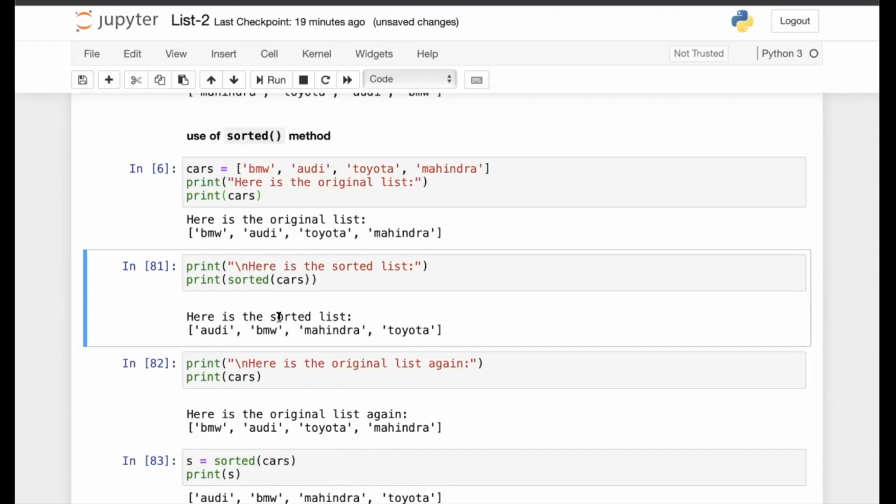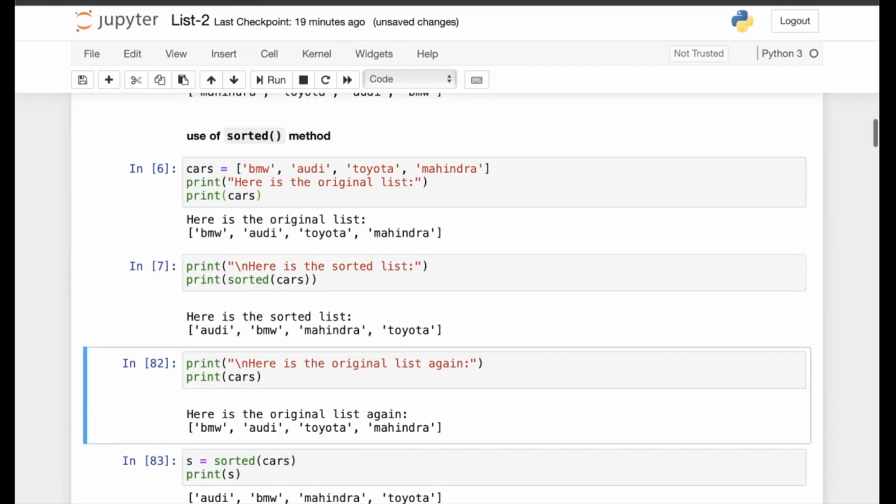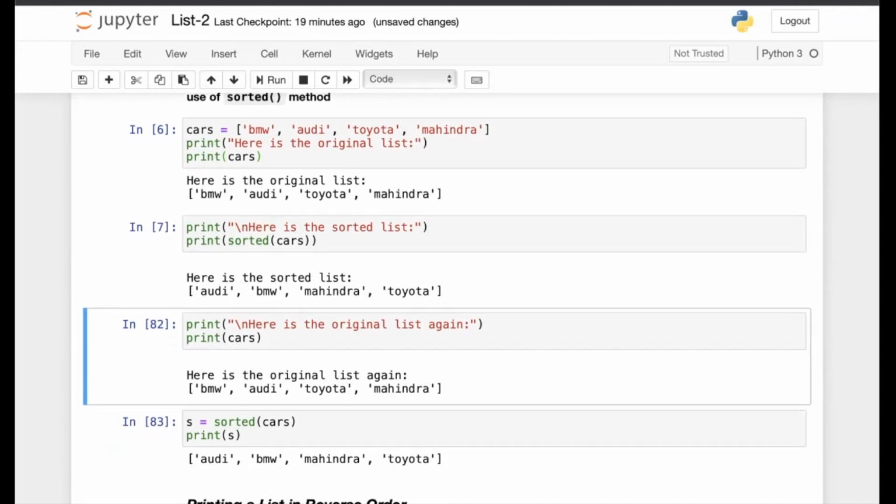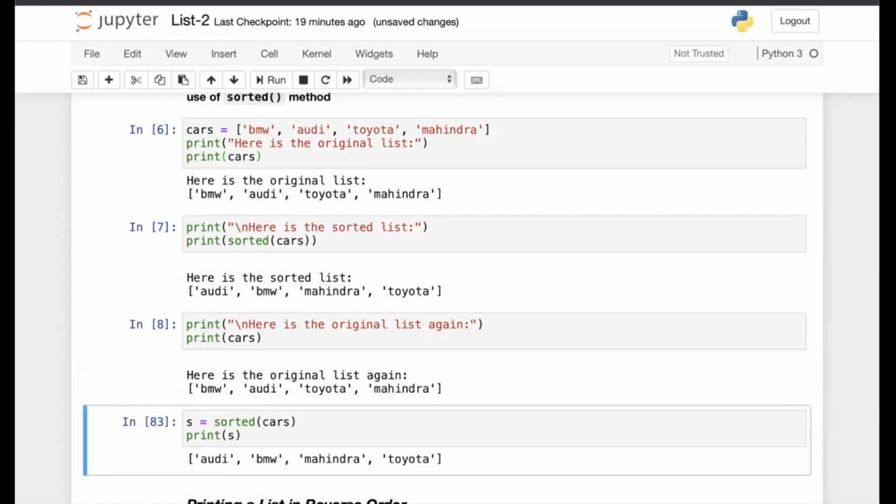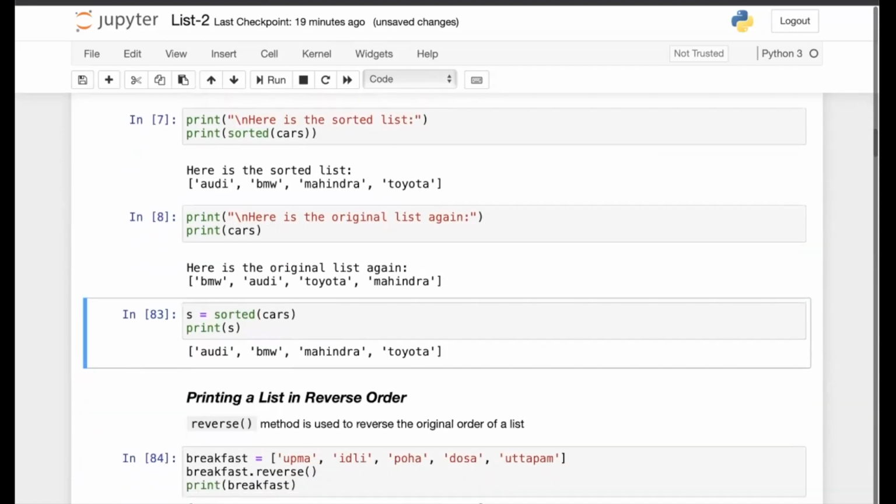The items are in sorted order, and here is our outcome. If you print the original list of cars again, you get the same order. The changes were not made in the original list. So this is the difference between the sort and the sorted method.